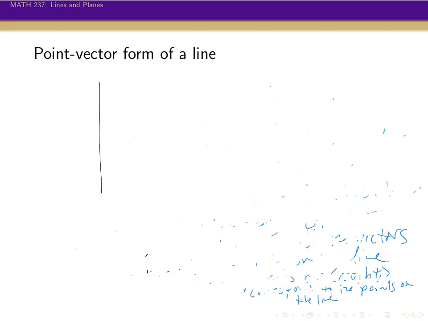Okay, so there's my XY plane. Let's take some point x naught, y naught, take the line going through that point, and then let's take some vector v equals a, b that lies on that line. Okay, and so now we want to think about what the other points on this line are going to look like. Okay, well, if I take some other point up here,